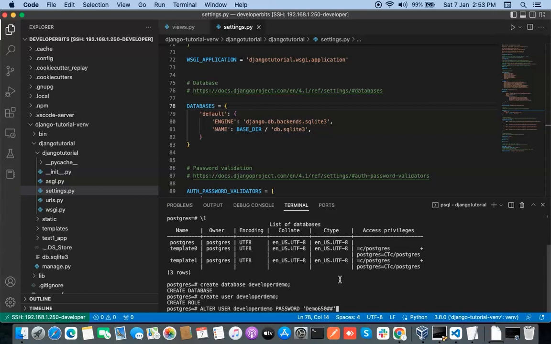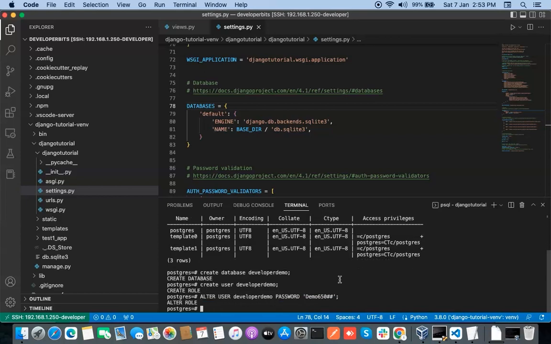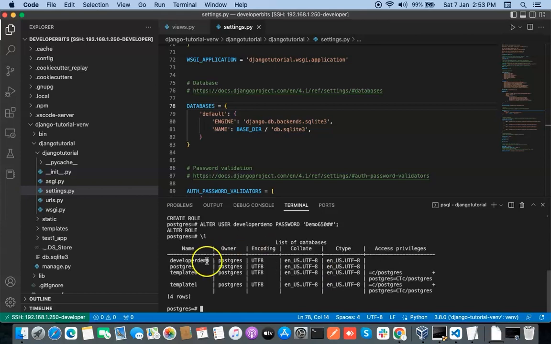In a complex password we have letters, numbers, and symbols, and we also have a combination of small and big letters. Okay, so just run this query, and you have set the password, and you can see that the database is